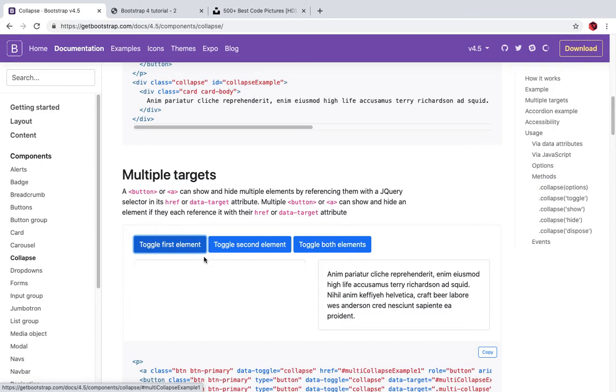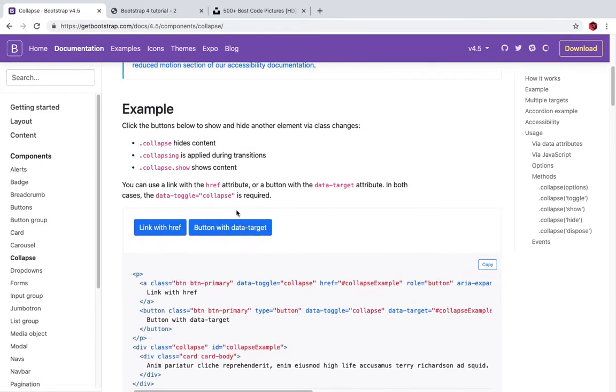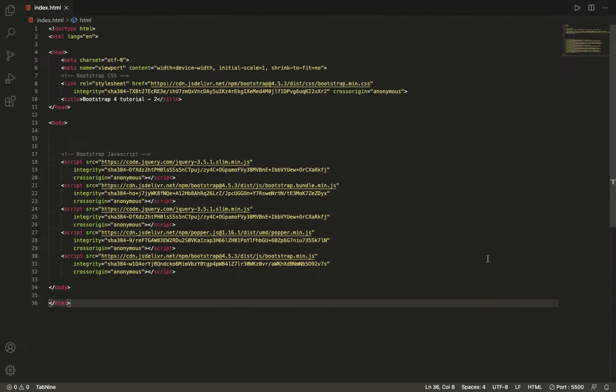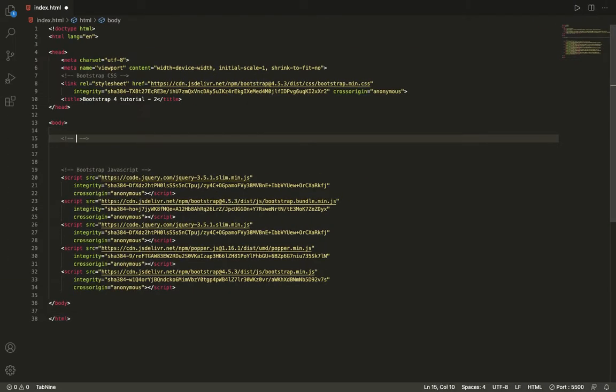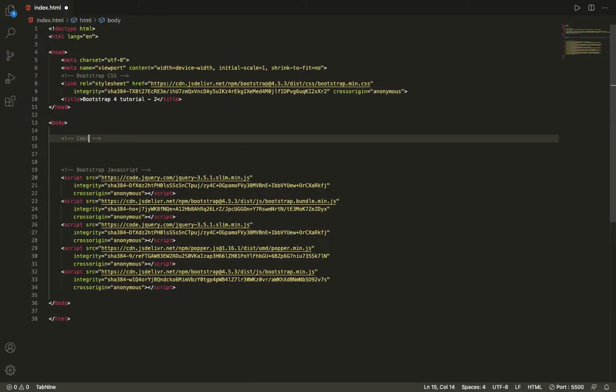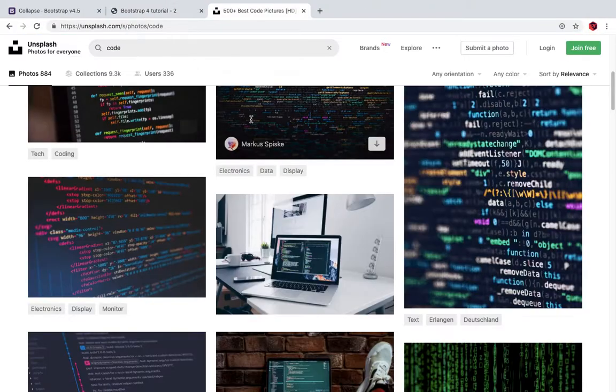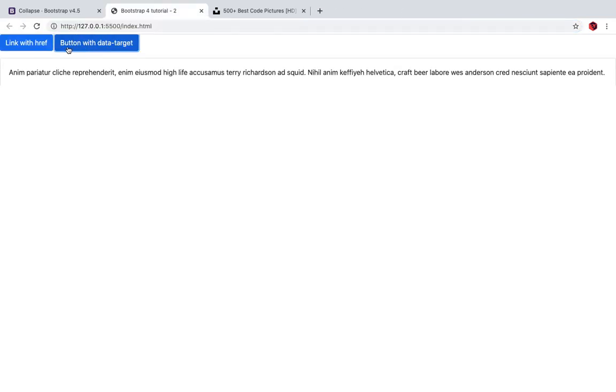If I click on the first, then this will go, then now this will also go. So let's copy the basic one. Start with a comment saying collapse, paste this, format document, and now you can see if I click on this,